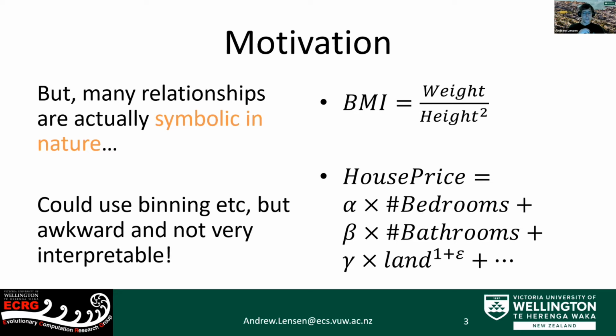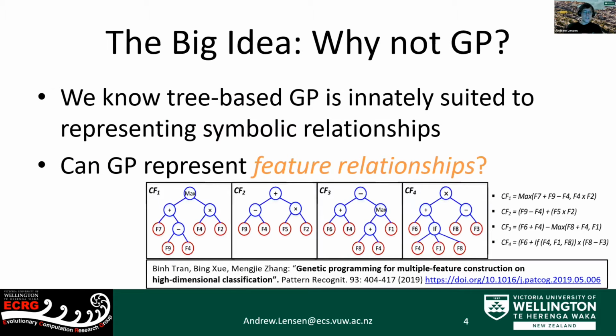There has been some work done in association rule mining to deal with this continuous data or these symbolic relationships, but it tends to not be very interpretable when you have to use things like binning or one-hot encoding. So the big idea of this paper is, can we use GP for this? We know that tree-based GP is suited to representing symbolic relationships. There's been a lot of success in symbolic regression and finding good trees to model symbolic relationships from some inputs to an output. And so my question in this paper is, can we use GP to represent these feature relationships